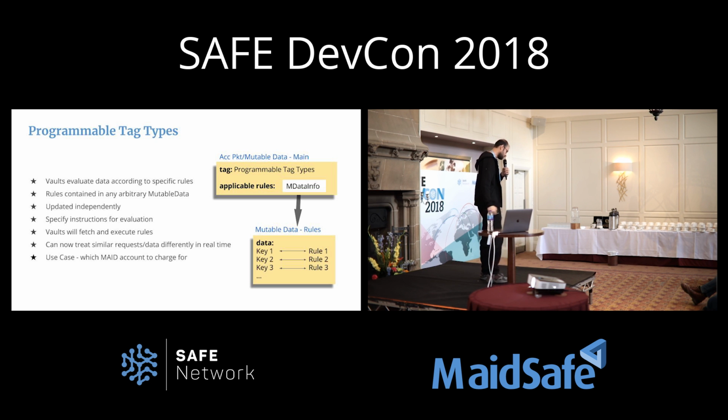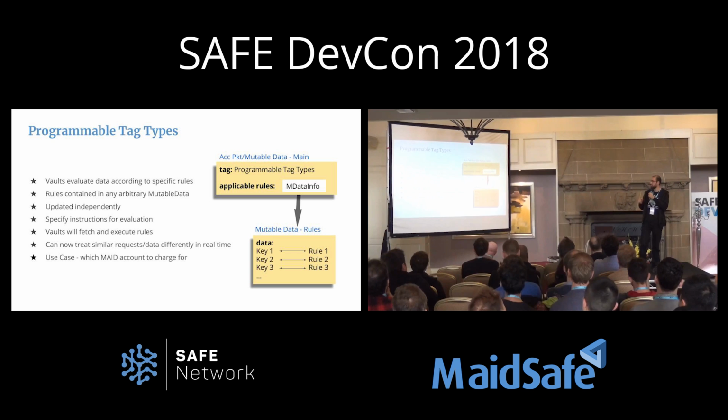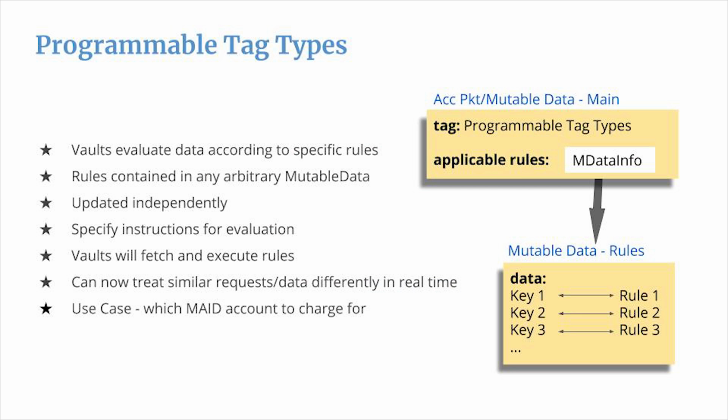Programmable tag types. Okay, so what are these? So far, a request that goes to the vault, vaults always analyze it and apply certain rules to it in a very specific way. What this will allow is it will allow the user to say, don't treat my request or my data according to your set of rules, but here is the subset that please apply to the next request that comes to you. So it is the user who is specifying what rules are to be applied to either the data or the request. And those rules can be stored separately to the data or separately to the request, of course, and